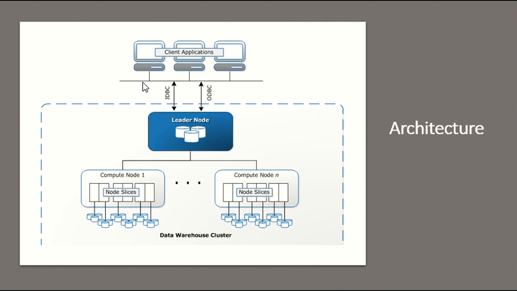When a client application sends a query request to Redshift, the leader node is going to pick up the query, compile it, and do the necessary optimization on the query. It is going to send the different parts of the query to the compute nodes, and it has all the metadata of the data for the compute nodes, that is, which compute node is holding which data. Then the query goes to the different compute nodes, and even within the compute nodes there are node slices available, which will again have different parts of the data.